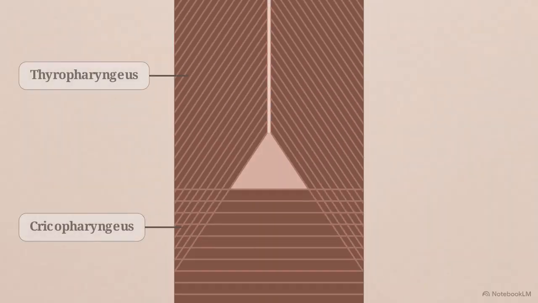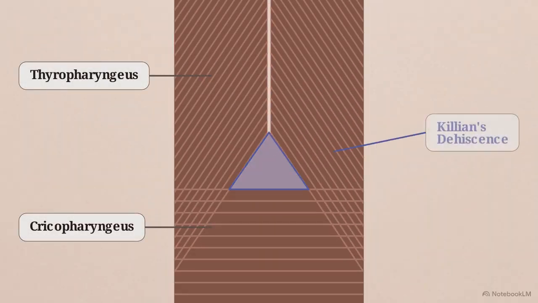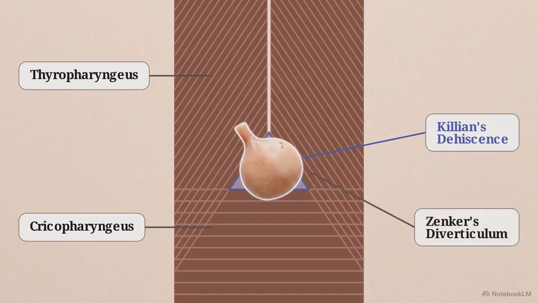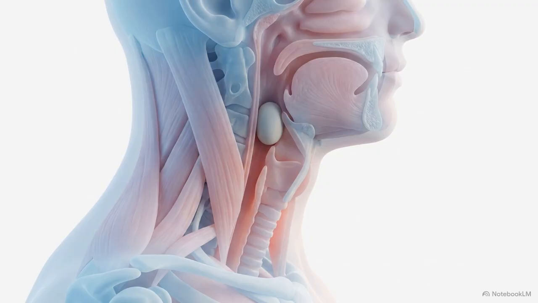muscle. This structural diagram highlights a specific flaw called Killian's dehiscence, a triangular gap between the thyropharyngeus and cricopharyngeus fibers. Under high pressure, the mucosa can herniate through this weak point to form a Zenker's diverticulum. Because of this 14 millimeter limit, C6 is the most common site for foreign body impaction and iatrogenic perforation during